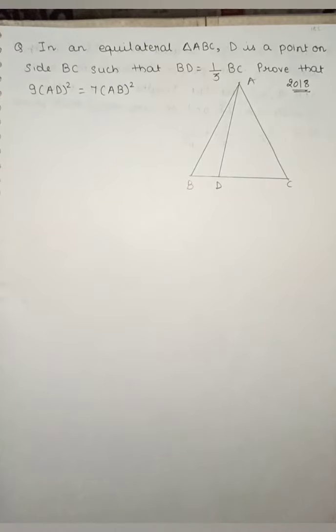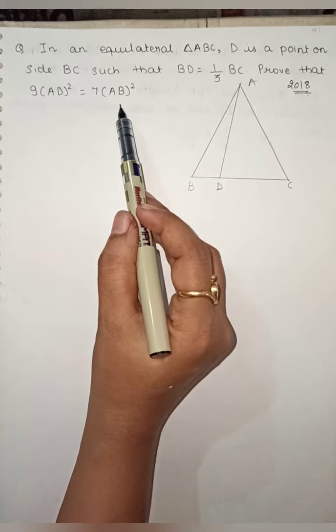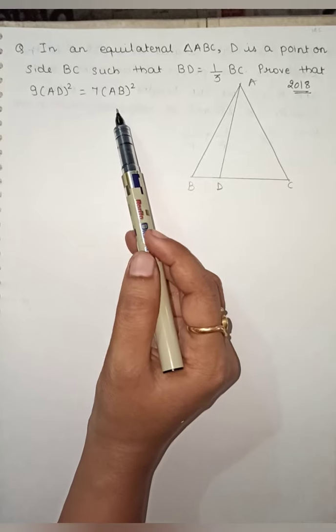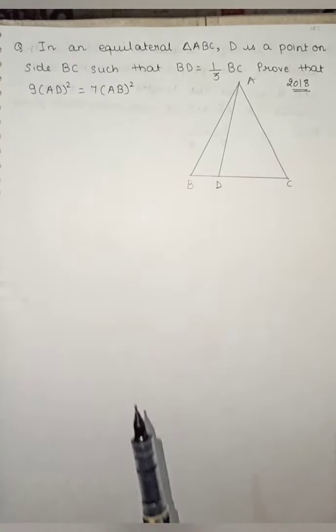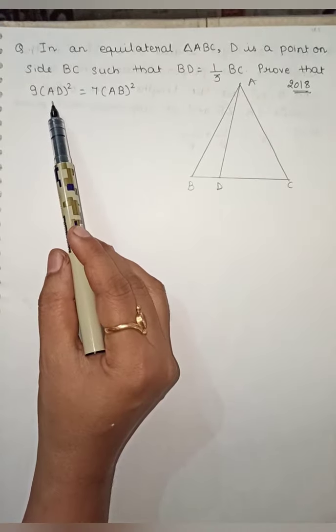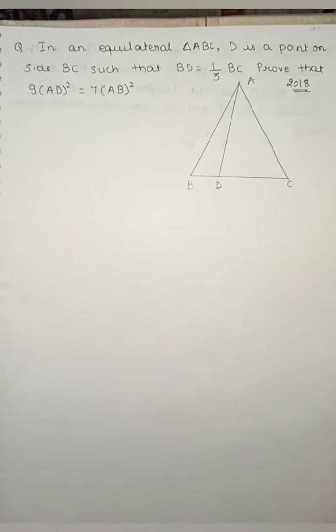Okay, so now in this question, it is nowhere given that it is a right angle triangle. So how do we know whether this question is related to Pythagoras theorem? From your prove that, you should be able to analyze that. Here they have given AD square and AB square. So two sides square they have given, so definitely there should be use of the Pythagoras theorem, in the triangles which are having the sides AD and AB. But in the figure nowhere we can see any right angle triangle.